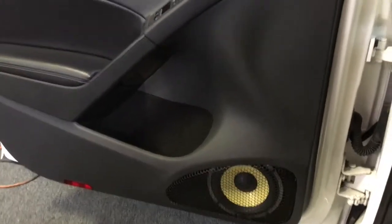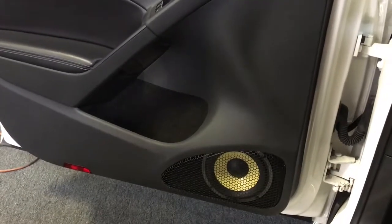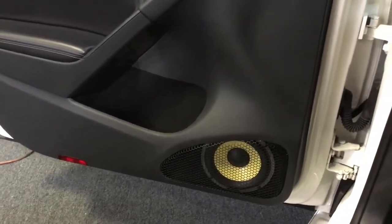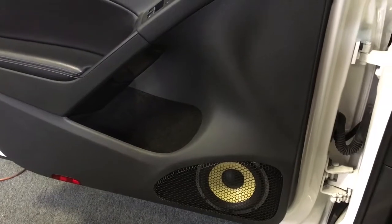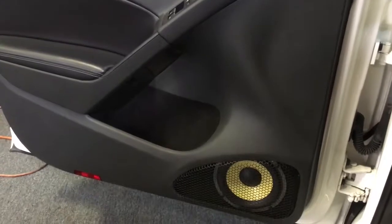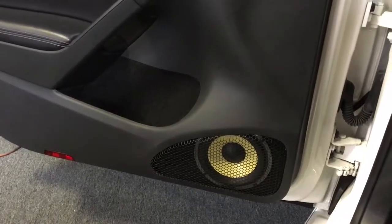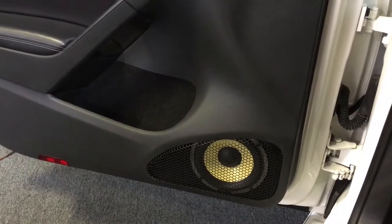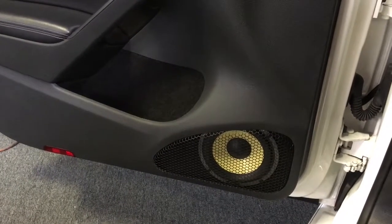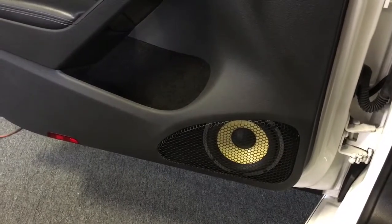Alright, we're on to the front doors. Front door has a 6-inch Focal mid-bass driver from the 3-way speaker system. We've modified the door, done sound deadening on the inner and the outer door skins. The actual door panel itself has been deadened. We also cut the factory opening to a larger diameter exposure for the speaker. We also added an octagonal perforated steel, so we have more open area. It gets you much better mid-bass response in the front of